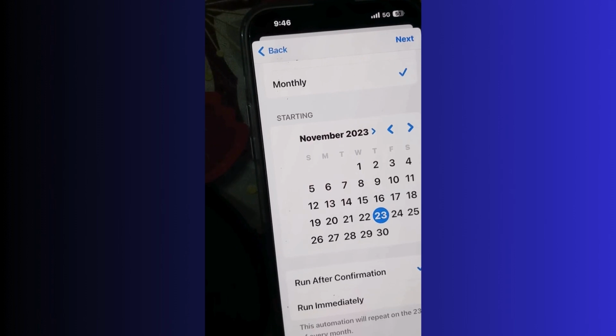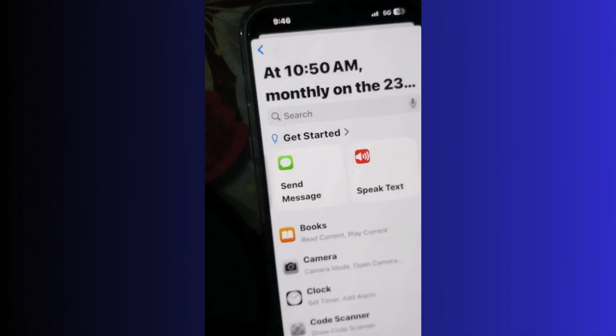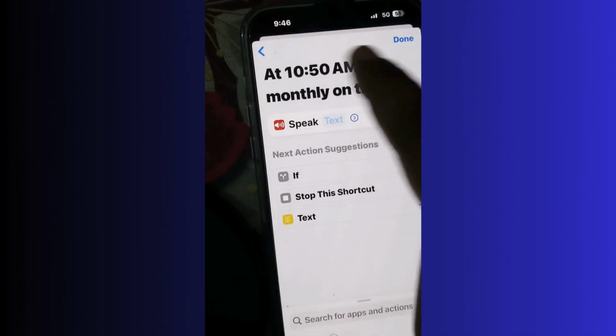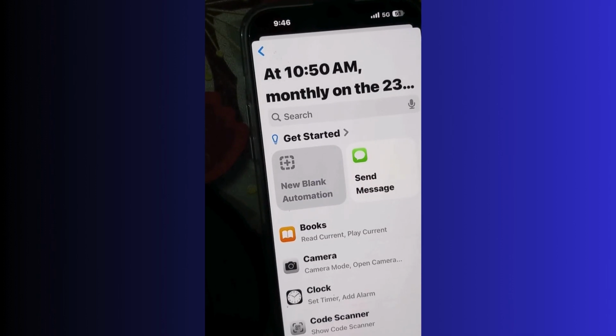Now your text messages will be successfully planned. Now tap on Send Messages. Here various options are available: send messages, speak text, open app. Then you choose Send Message. Tap on it,